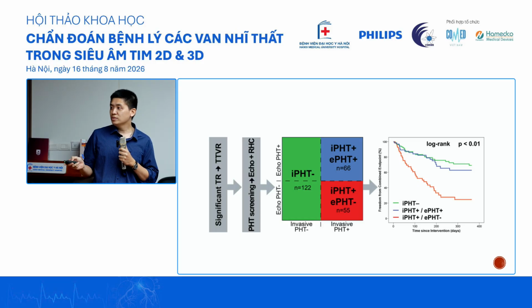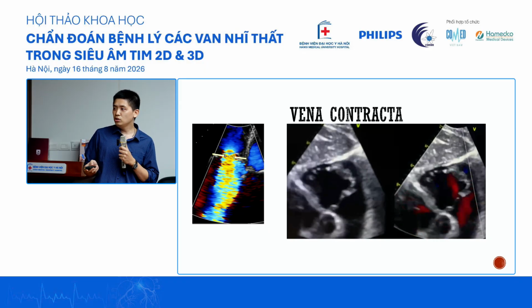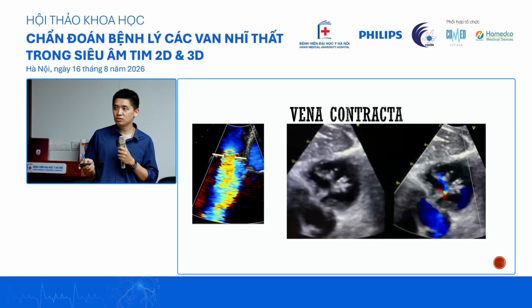But on outcome, we see that the patients who have actual pulmonary hypertension on invasive measurement but no sign of pulmonary hypertension on echo are actually the ones who do much worse. For these patients, usually the ones with longer disease, they have higher right atrial pressure, and so they have the worst outcome. Another way you can do it is the vena contracta, but it's the same thing.